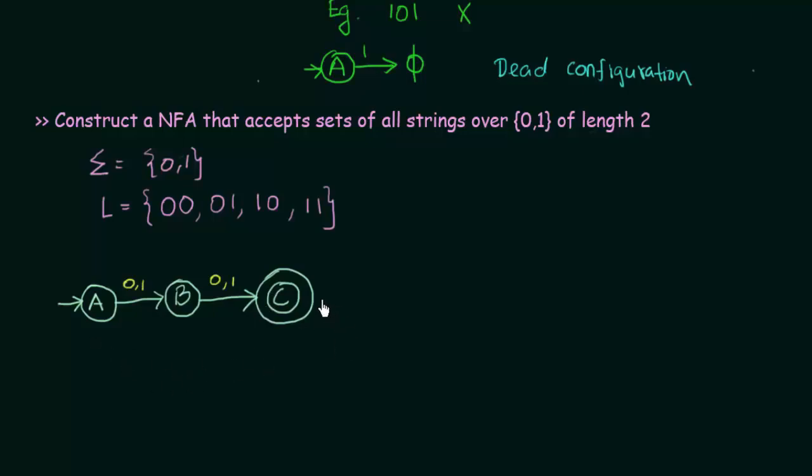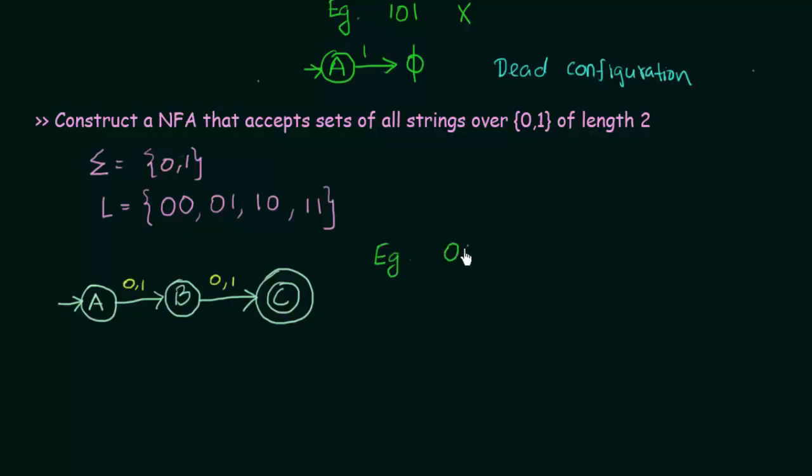If it was a DFA, I should have sent it to another state here, which will be a trap state or a dead state, on getting a next input on state C. But in NFA, I don't need to do it. I just leave it like this, showing that this is a dead configuration, meaning whatever I get after this state C, it does not go anywhere, so that will be rejected. So let us just take two examples quickly and see how this works.